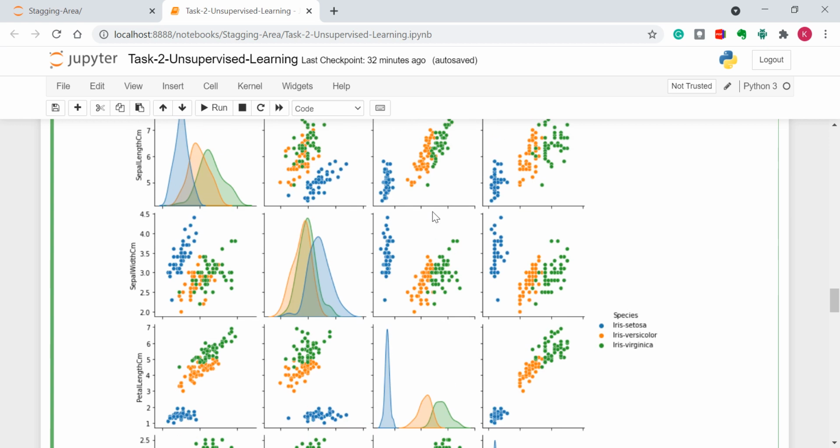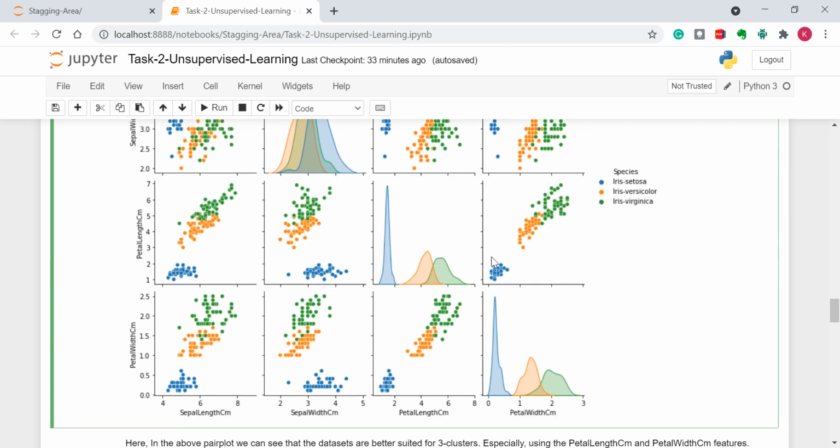Among all those statistics, we can see that the model clusters into three by default when we are plotting using the pair plot. That is, this model splits well enough in this plot. We can see that is petal length in centimeter versus petal width in centimeter.